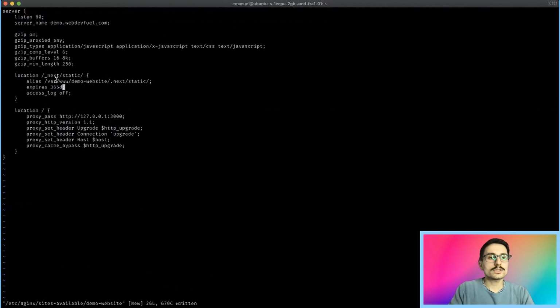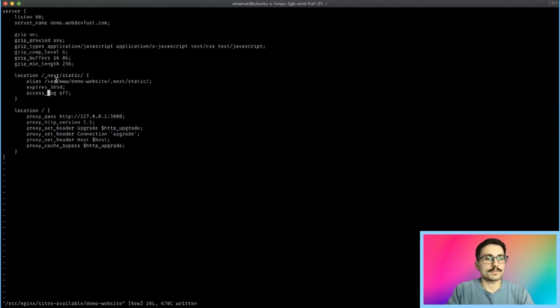We also want to make sure that this expires only after 365 days, because these are static files. They are usually not changed a lot over time. And also Next.js adds a timestamp to each one of them, which makes it really, really easy to make sure that each time that we change them, the browser knows that it is a different file. And for that reason, we can go ahead and only add here a value telling the browser that this file is going to be the same over one